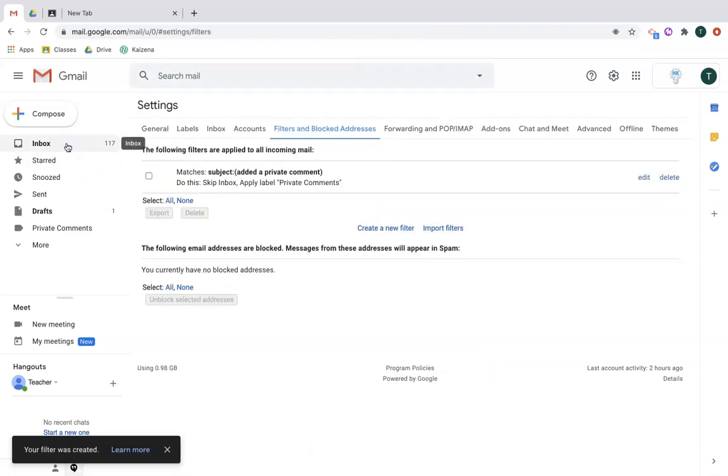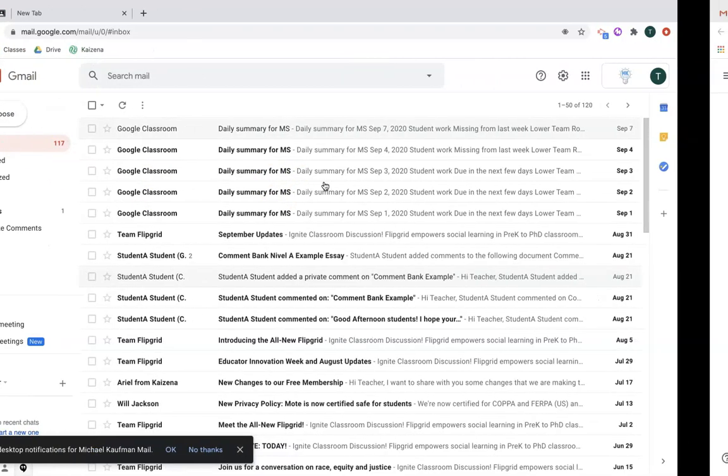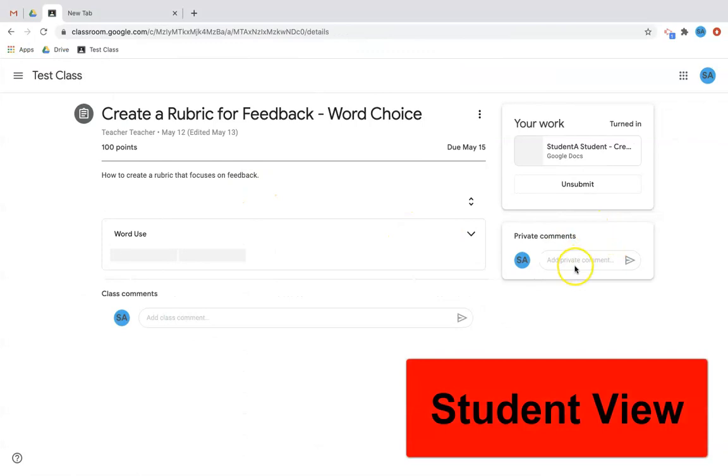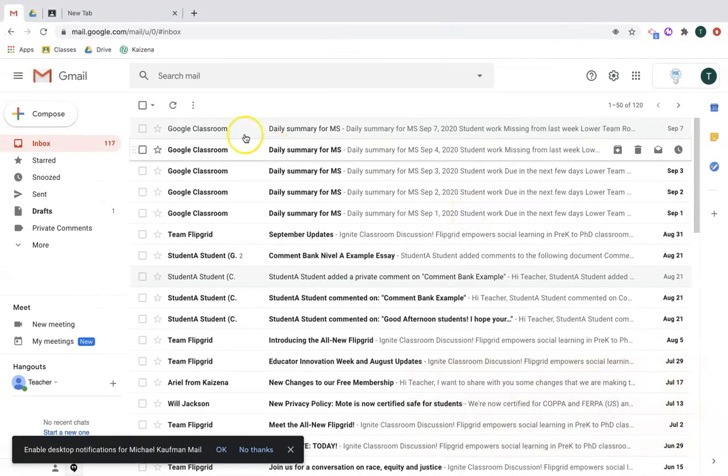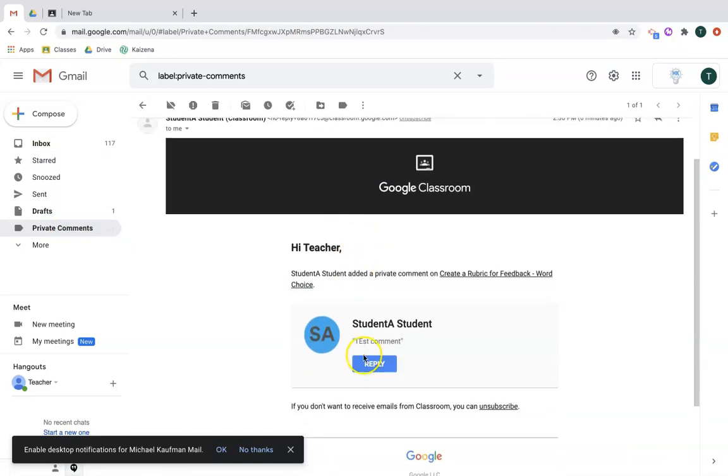All right. So now if I go back to my inbox, just so you can see what it looks like now, I'm going to go over here as my student account, test comment, send that. All right, it's been sent. And now, again, noticing it's not popping up in my inbox, but if I then click on my private comments label, right there it is, right? From right now, student added private comment, I can now open it up, and then I can reply directly to